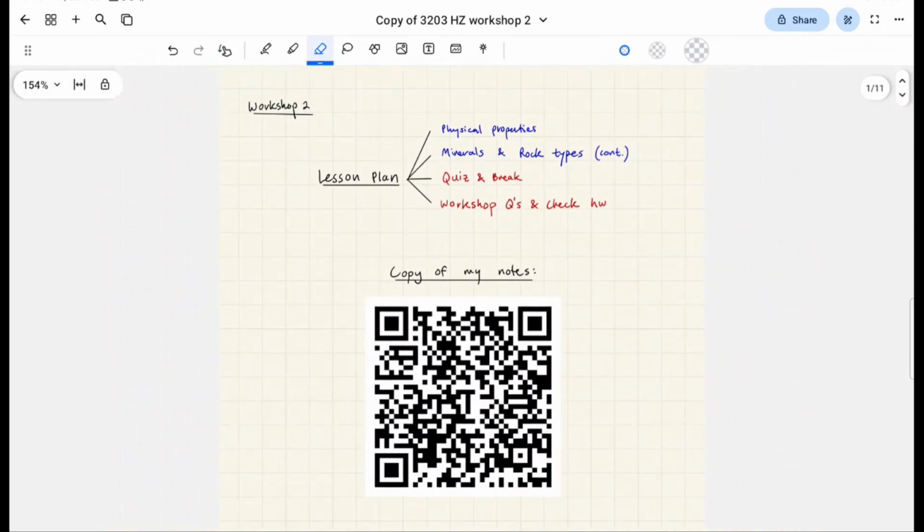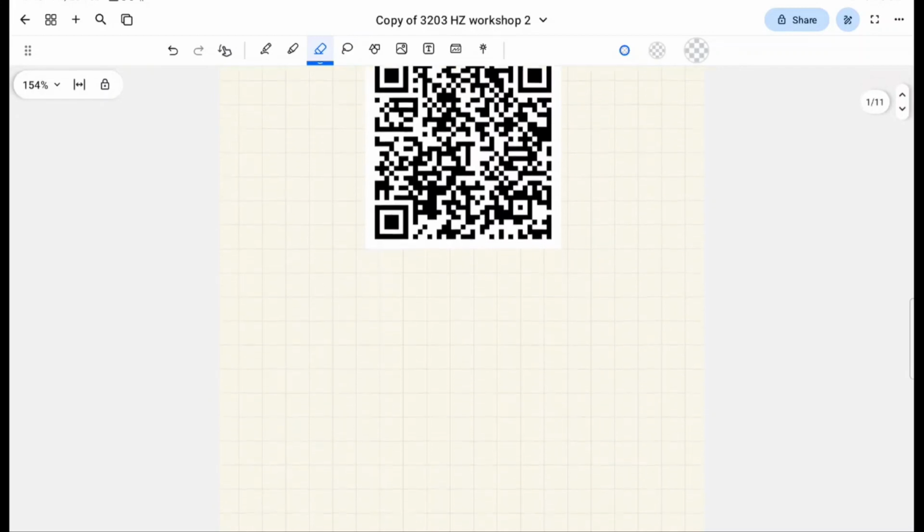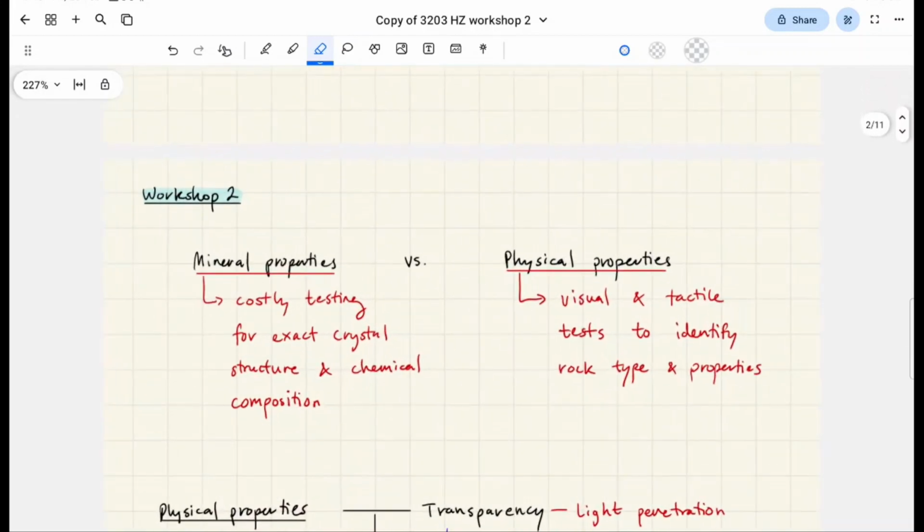If you haven't scanned the QR code already, this is just a link to my notes. It's basically what I'm going to run through here. Sometimes I scroll through a bit too quickly, so you might miss some things. So if you just want to look at it on the side while I'm talking, you can feel free to do that. Okay, so basically,